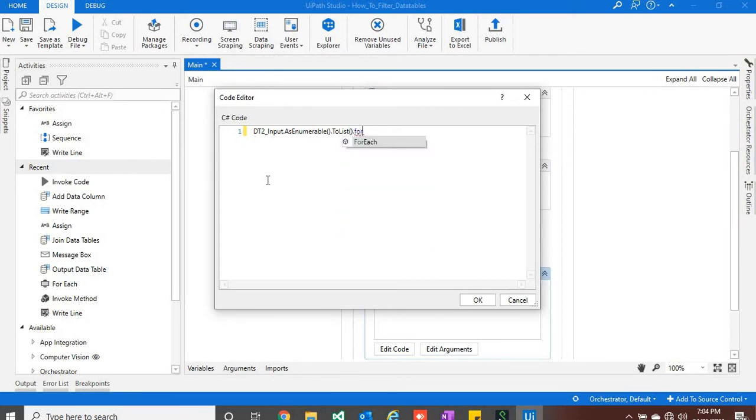Then for each row of this data table, we have to update our data table 1 as enumerable dot where